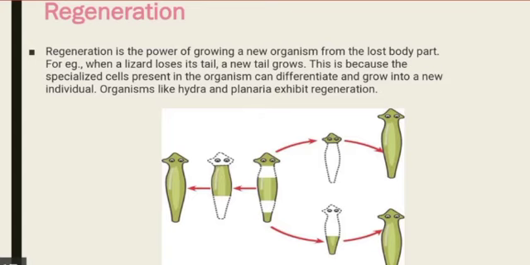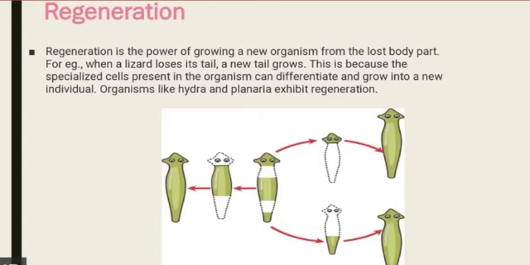Right. From the point, the lizard is able to form the lost tail again. They will start growing the tail. This is because specialized cells are present in that part, and those cells can differentiate and grow into the new parts. Okay, in the case of planaria, the body of the planaria is cut into different pieces: head part, trunk,